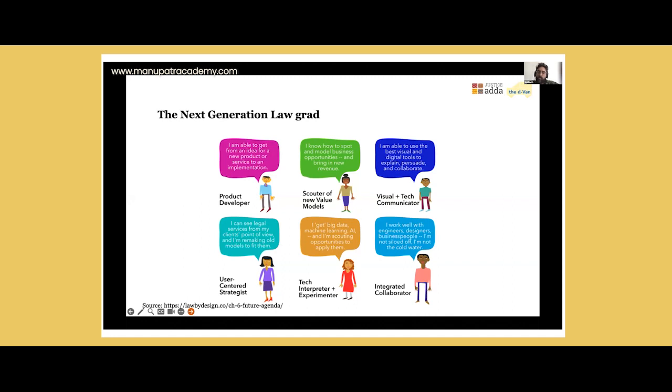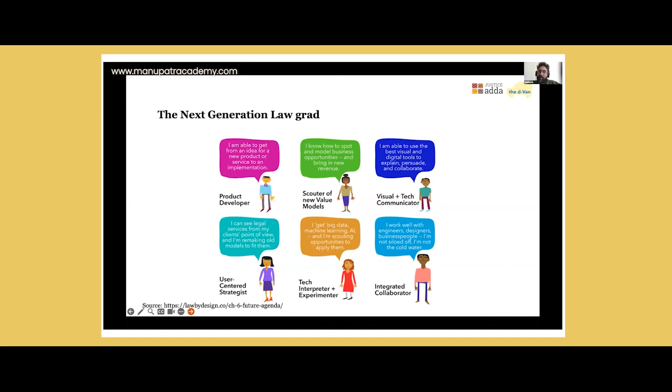And we wanted to also unpack where it is that we're seeing legal design. This is from work by the Stanford Legal Design Lab and Margaret Hagan, who has worked in legal design, where they offer a sense of what a next generation law grad would look like. So typically, this idea is that when we are looking at the influence of technology or the influence of design, it is creating new kinds of structures.